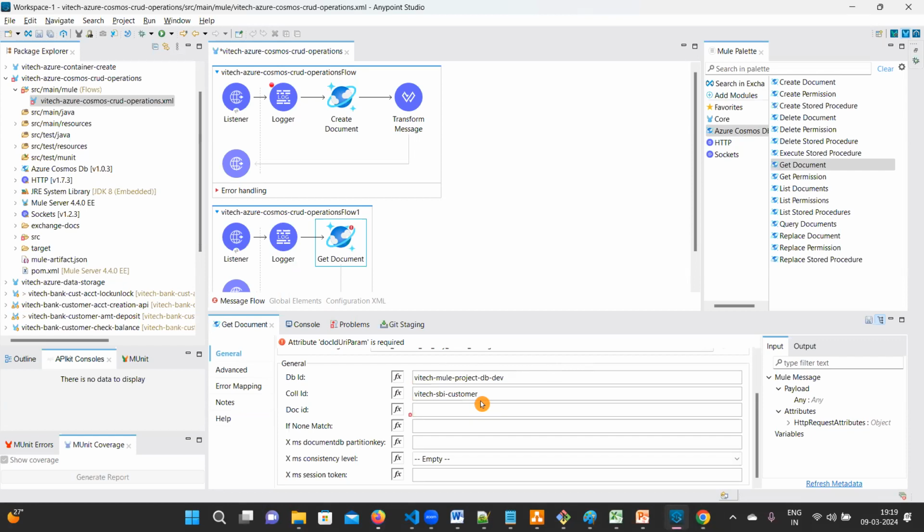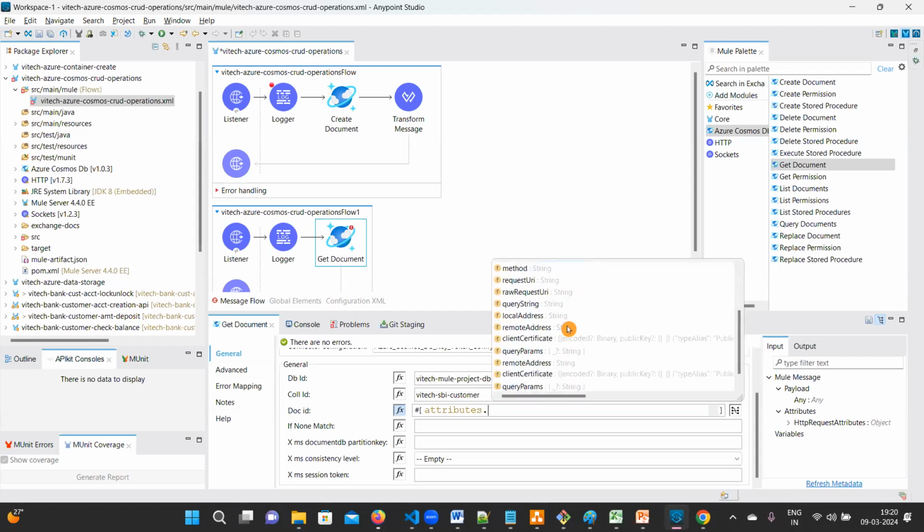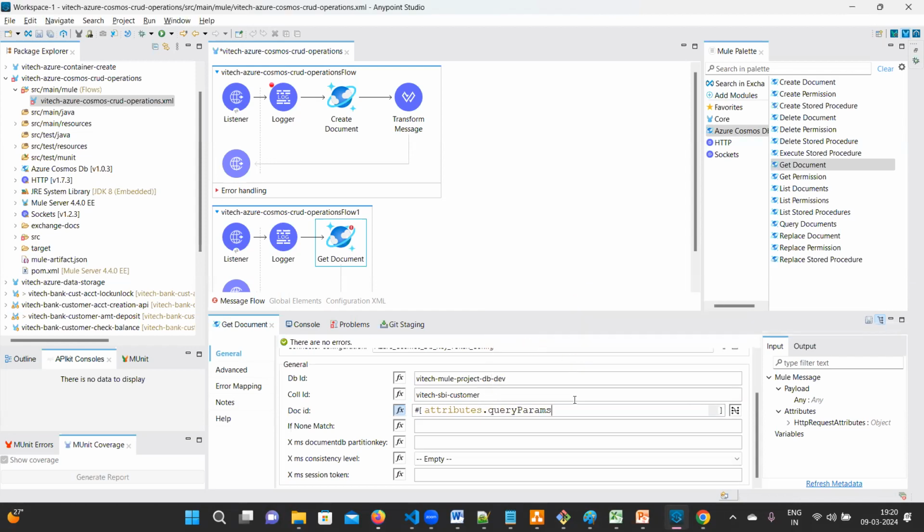Okay, see this document ID, we should not hard code. This document ID, you need to pass it via front end. It's like Postman or Thunder Client. So I'm going to pass it via attributes. From attributes, I will pass attributes dot query params dot ID. Okay, ID I'm going to pass it via